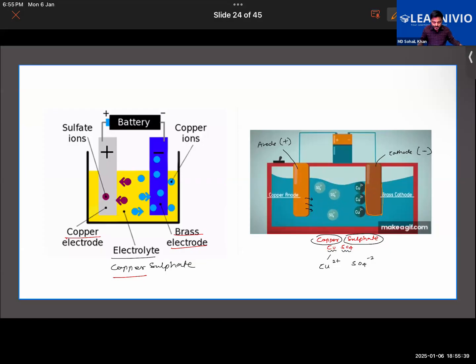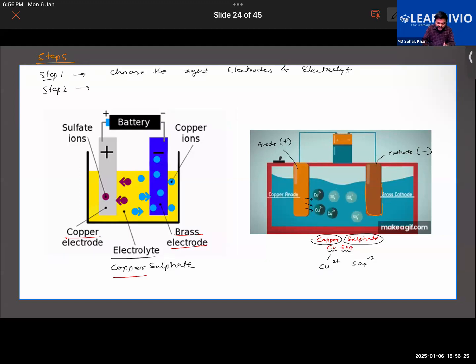Yeah, sure. The very first thing is that before we even start the process of electroplating, we need to ensure that we have chosen the right type of electrolyte. Let us consider these are the different steps we have to take care of. Step number 1 is that we choose the right electrodes and the right type of electrolyte.